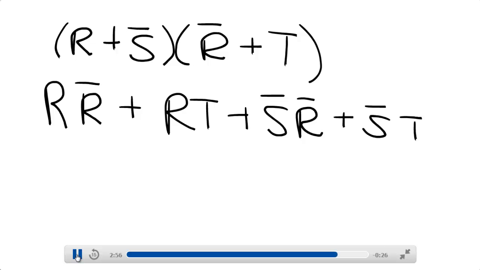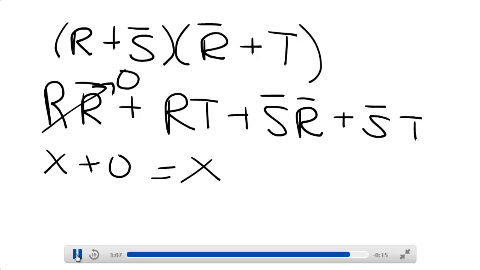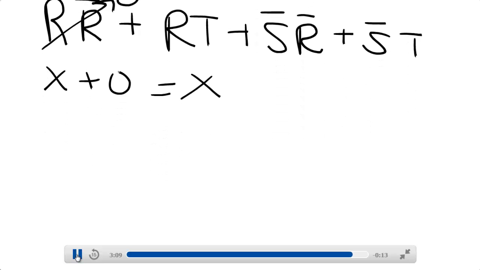Now there's a simplification we can do here. R and not R, that's 0, right? And anything AND 0 is just equal to 0. So our final answer here becomes